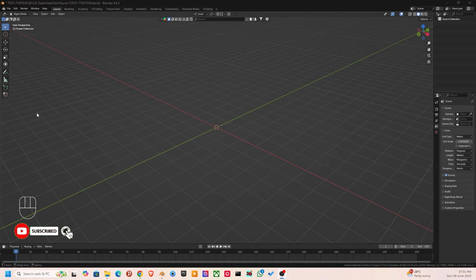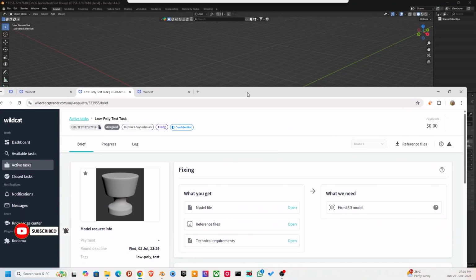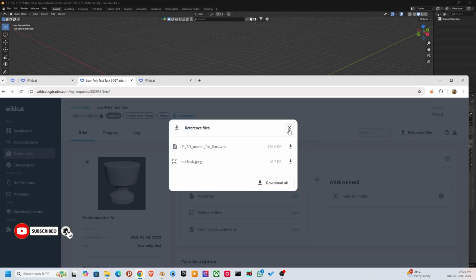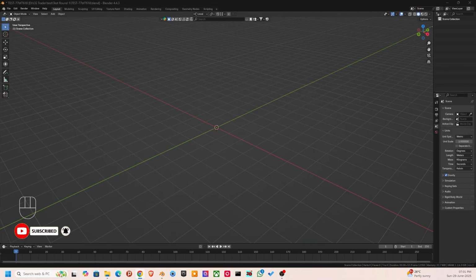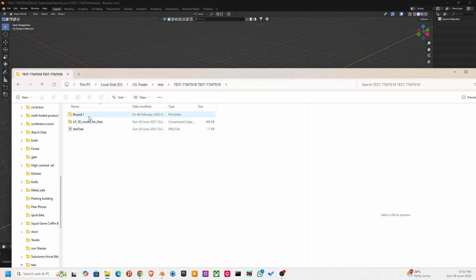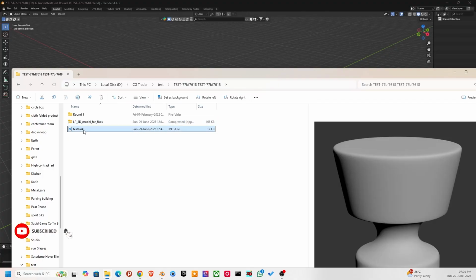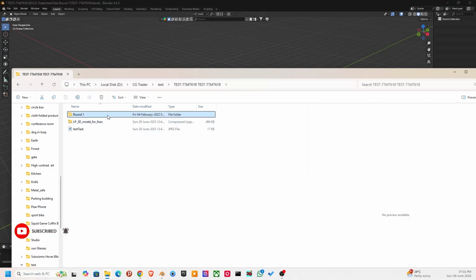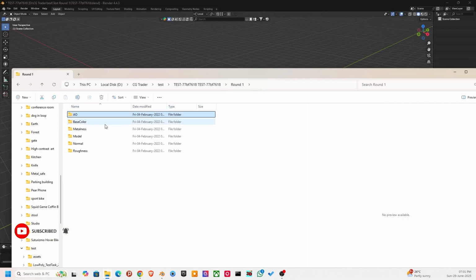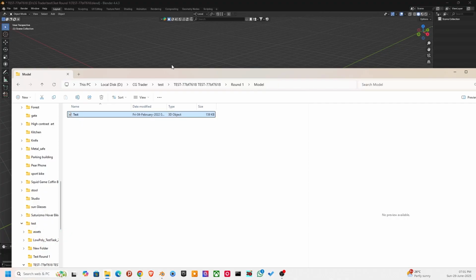So, yes, what we are going to do now? Now we are going to import our 3D model, which we have downloaded from here. Whenever you accept the task, you can see there are some reference files. You can download them all, and now I have downloaded them. You can see I have these folders downloaded. Now I have unzipped it too, and this is the model which I need to optimize, and these are their texture maps inside this folder, and this is the main model which we are going to import in our